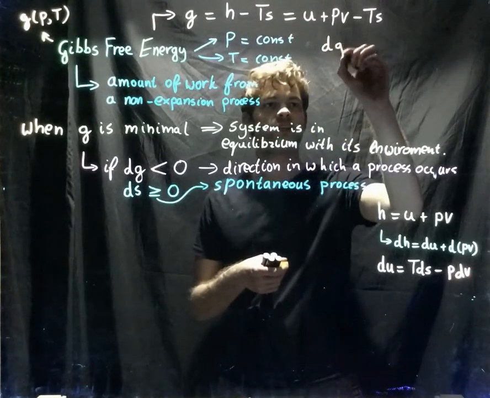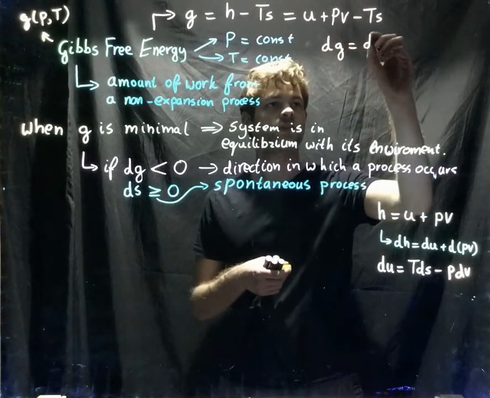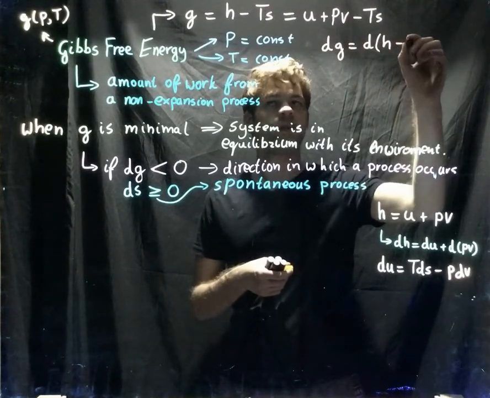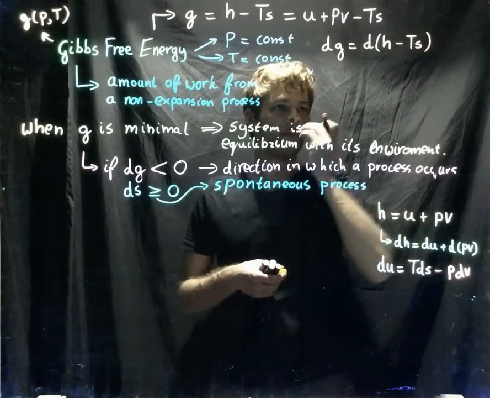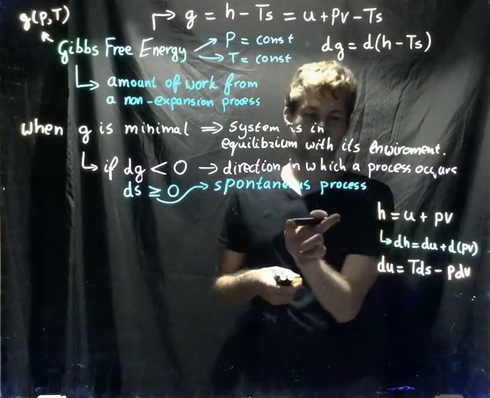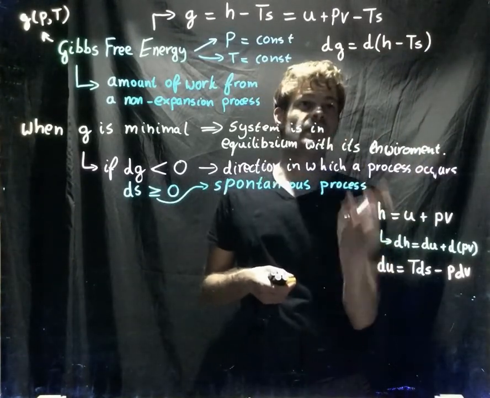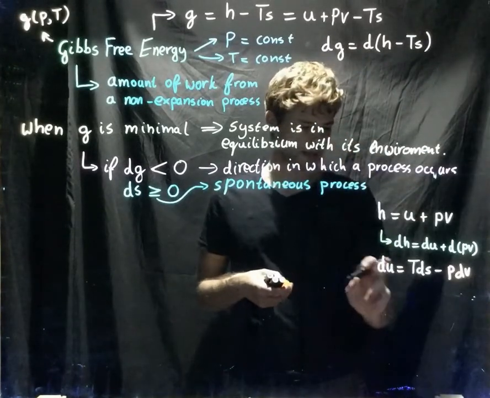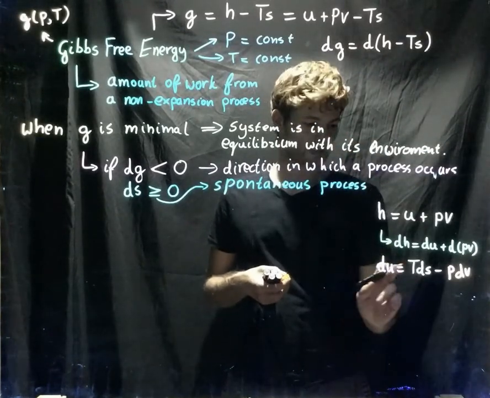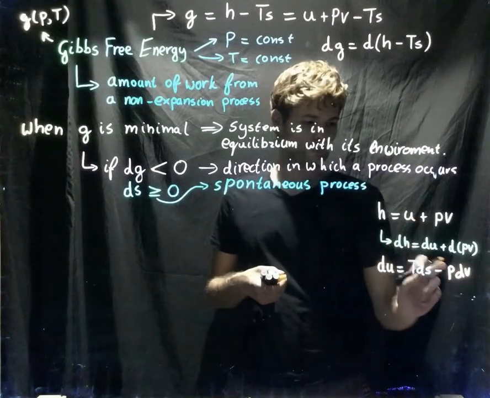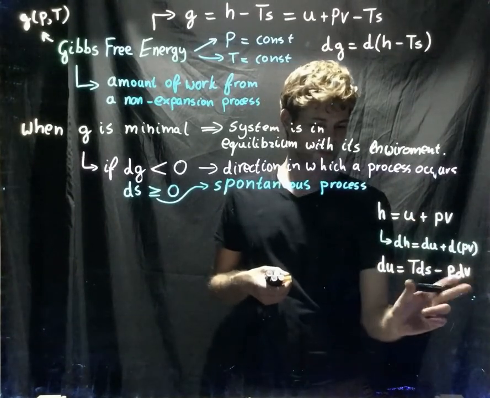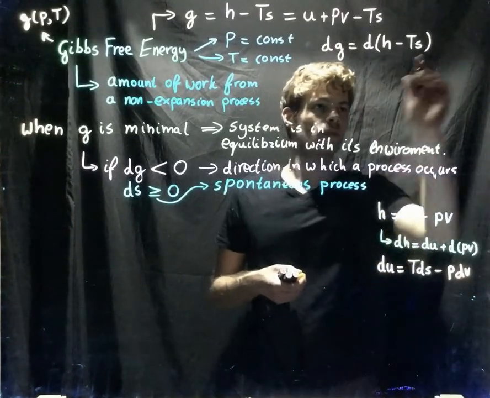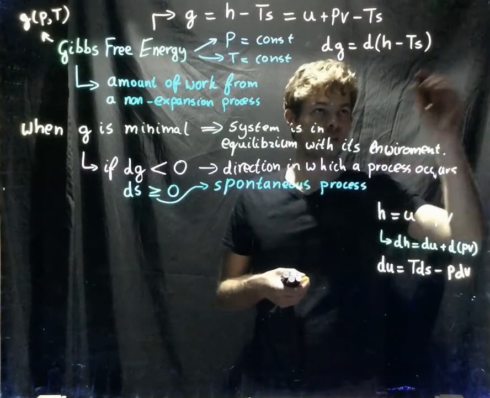So dG is equal to the derivative of H minus TS. Well, over here I've already written down H and dH, because dH is over here, and in dH, dU is incorporated and dU is written here. So let me write this is equal to